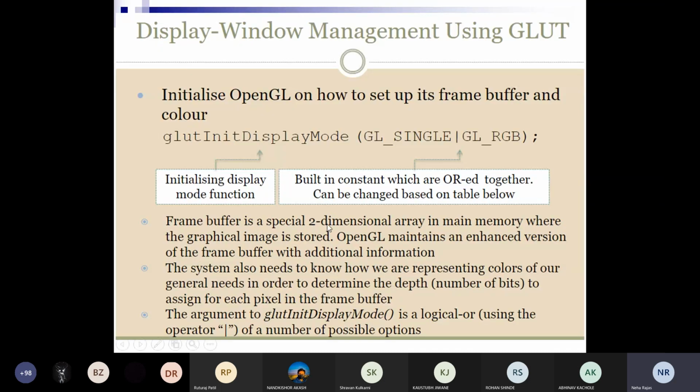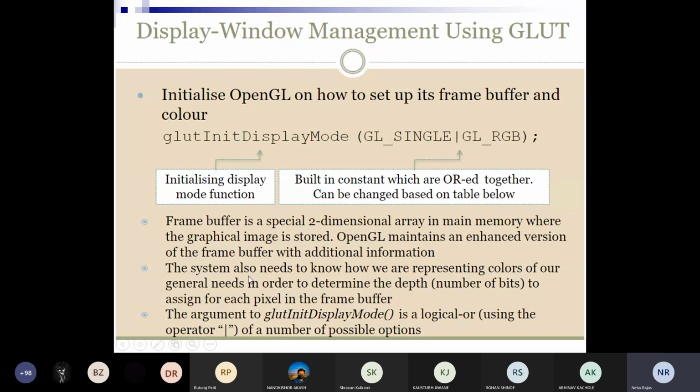Frame buffer is a special 2D array in main memory where the graphical image is stored. I told you that main memory has a frame buffer where we are storing our 2D array, where we are storing our graphical image. So OpenGL maintains an enhanced version of frame buffer with additional information.